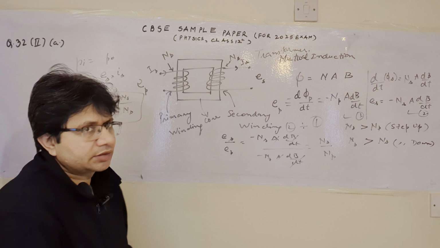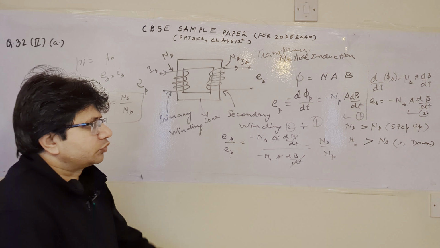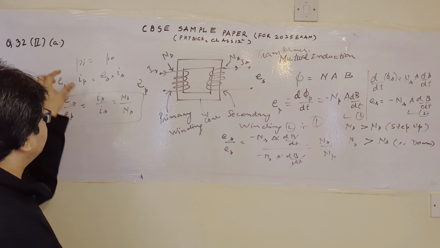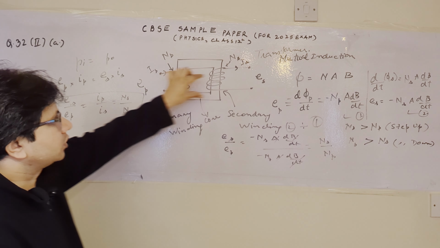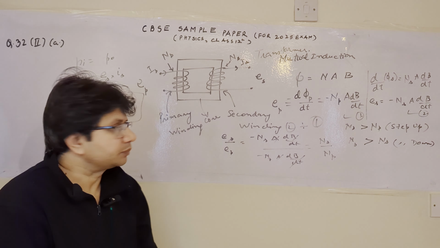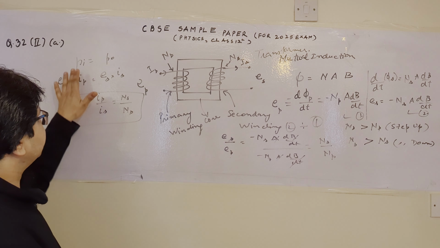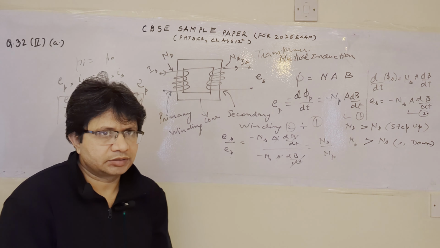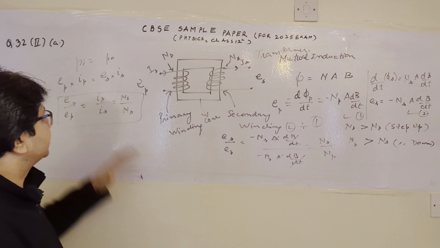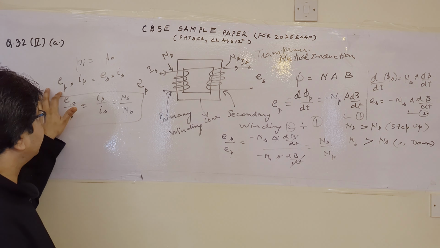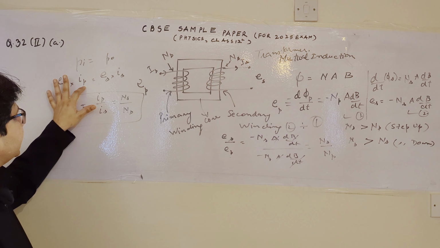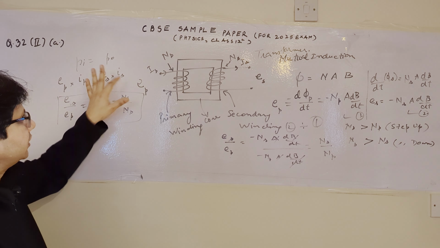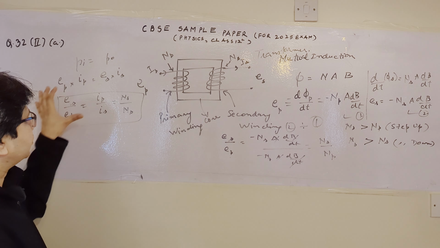उसके बाद हमें रिलेशनशिप एस्टेब्लिश करना है करंट के रेशो के लिए इन टर्म्स ऑफ नंबर ऑफ टर्न्स एंड द ईएमएफ आल्सो। तो यहाँ पे हमें पता है कि पावर जो है इनपुट साइड की और आउटपुट साइड की वो सेम रहती है। तो उसके अकॉर्डिंगली हम कह सकते हैं इनपुट पावर इक्वल्स टू आउटपुट पावर, एंड पावर इज नथिंग बट द प्रोडक्ट ऑफ वोल्टेज एंड करंट। पावर वोल्टेज और करंट का प्रोडक्ट है। तो इनपुट साइड की प्राइमरी साइड की वोल्टेज मल्टीप्लाइड बाय प्राइमरी साइड की करंट इज इक्वल टू द सेकेंडरी साइड वोल्टेज एंड सेकेंडरी साइड की करंट।